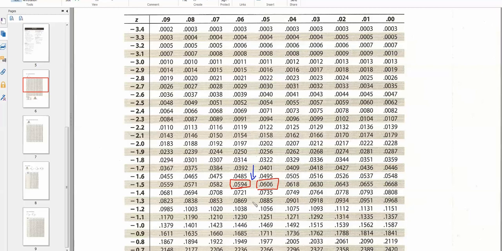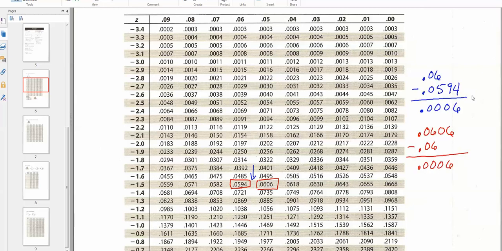Because if you notice, 0.0594 and 0.0606 are the exact same distance away from 0.06. And as you can see, since 0.06 is the same distance away from those two values, I'm going to go ahead and split the difference,